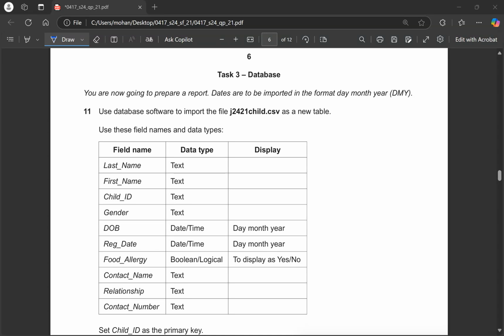Today I'm going to do task 3 database in paper 2 2024 summer, May June paper 2